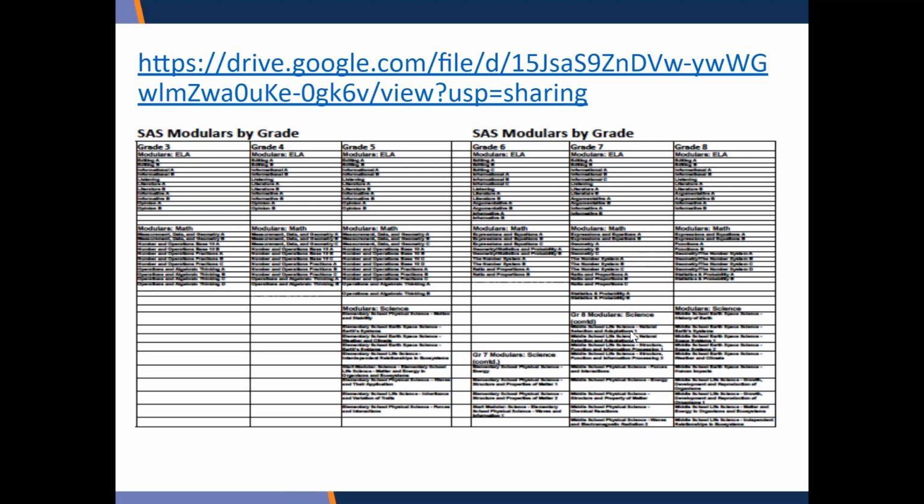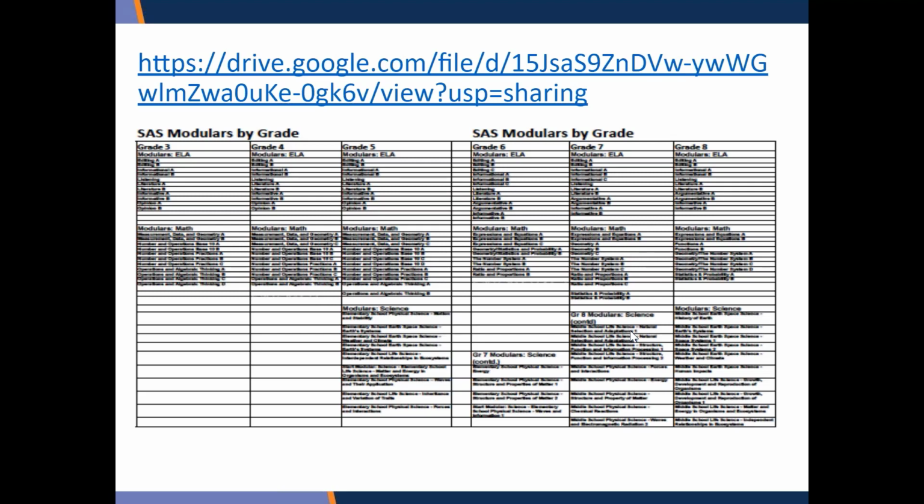During the summer of 2 summers ago, so it was the summer of 18, I met some folks and said, why are you using all of these products like NWEA and iReady to predict your success in your SAS scores? They all are very good tests. They're all very good measures. But at the same time, if you don't take the time to get to know what is being asked on these tests, if you're not taking the time to look at the results of the students, how they answer the questions, if you don't take the time to look at the tests and see how they're formatted and see how the students go through these tests, then how do you expect to be able to improve?